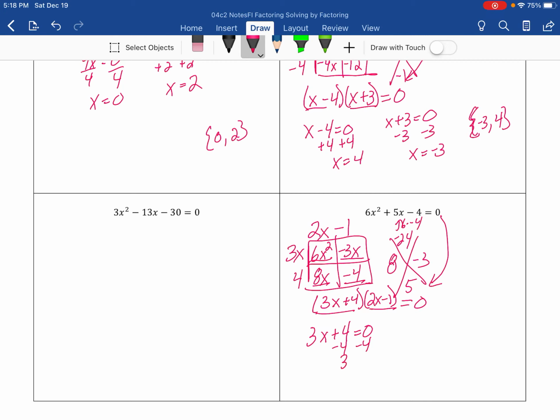I know 3x plus 4 is equal to 0. So x is equal to -4/3, or 2x minus 1 would be equal to 0. x would be 1/2. And so I just write that: -4/3 and 1/2. Because you can have nasty answers. And that's how you